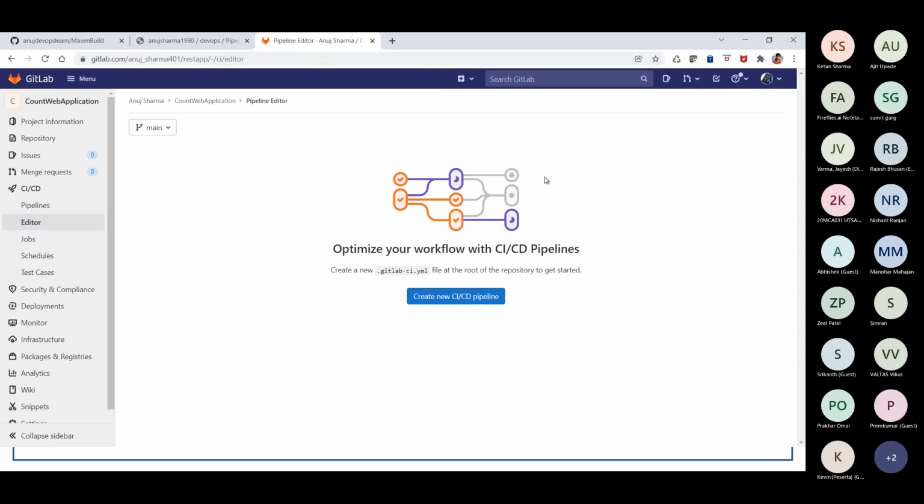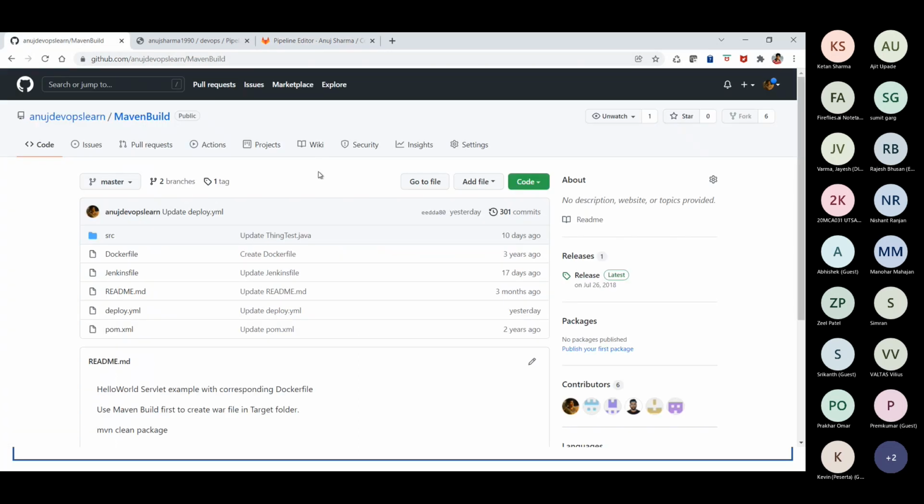I have almost done production-grade setups in all the different tools, and believe me, there is no real difference between the tools. Somewhere we may have a different way of performing the activity, and in some other tool, another way of doing it. These things keep changing, but ultimately we get all these activities done in a very streamlined and better way. So this is the Maven build which is available there. All I'm going to do is click on the actions here.